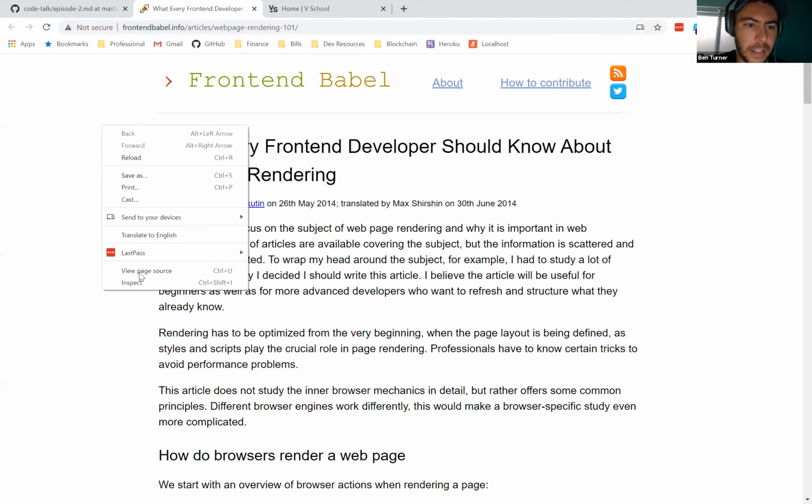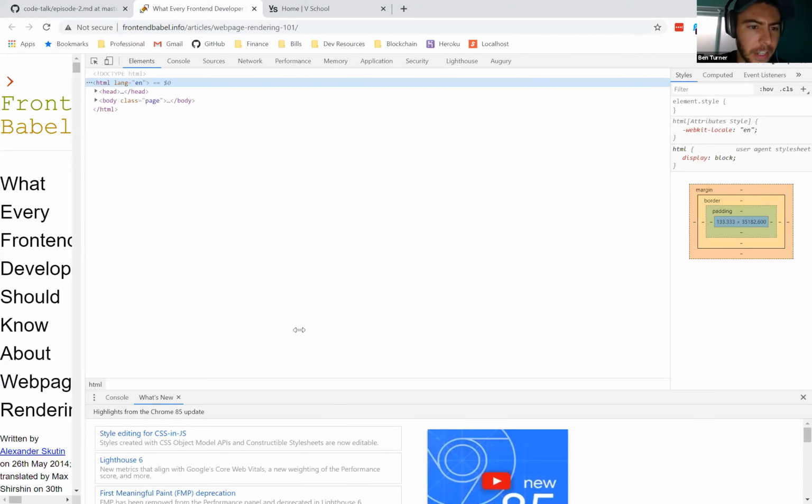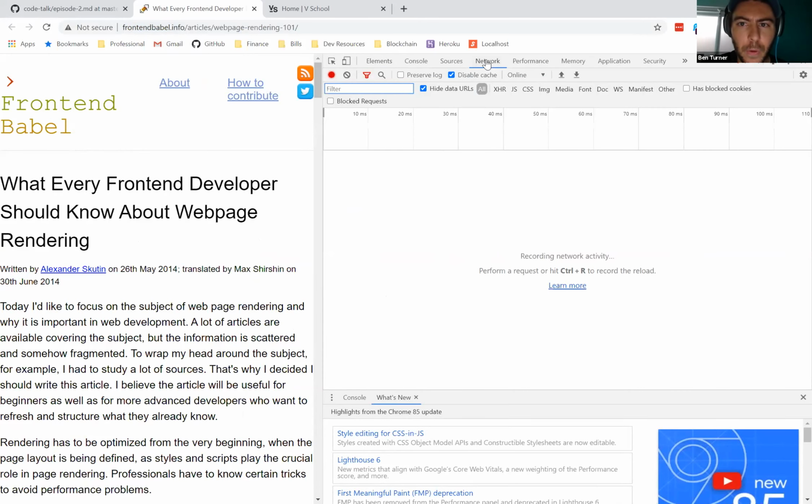And we can even see that if we go into the dev tools. I'm going to have a whole episode dedicated to just the dev tools because they're pretty important. We're going to take a look at the network tab, and the performance tab in a second, and see what exactly is happening. For those of you who are not familiar with the dev tools, or have used them a little bit, it's kind of like opening the hood in your car. You can see what's going on.